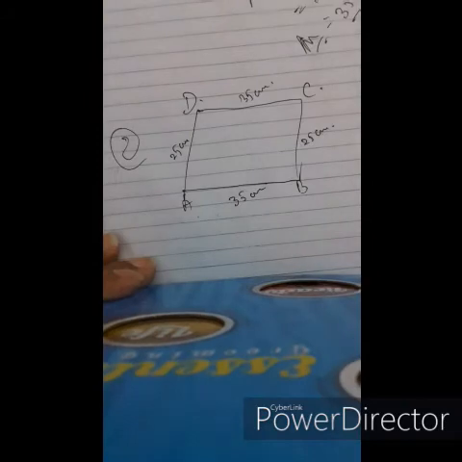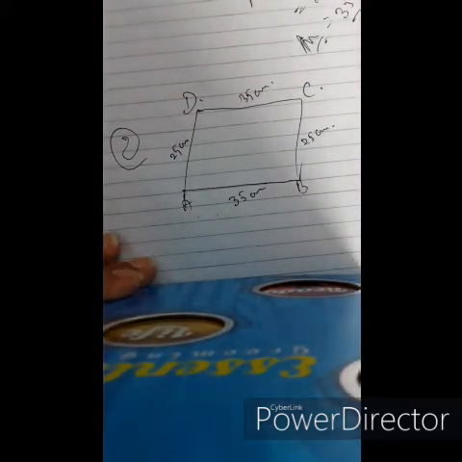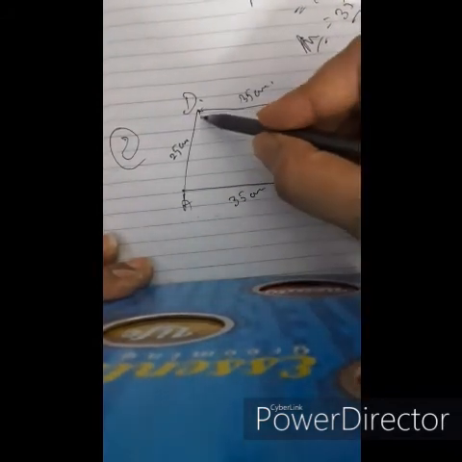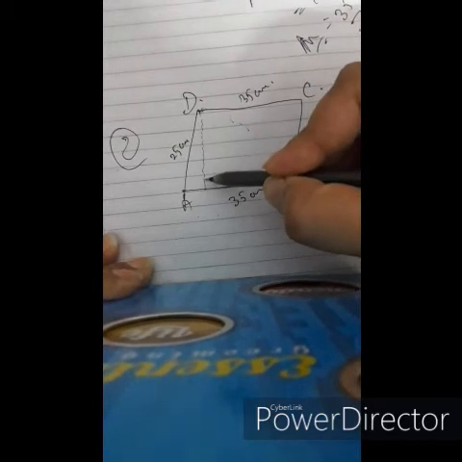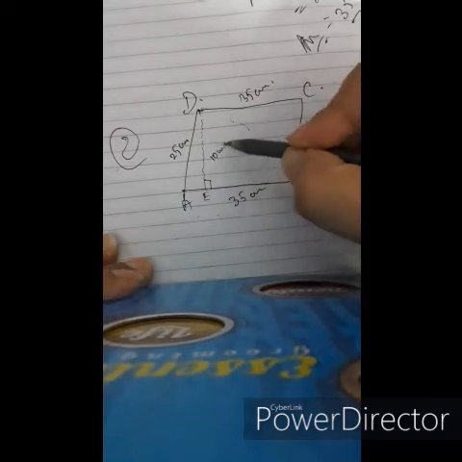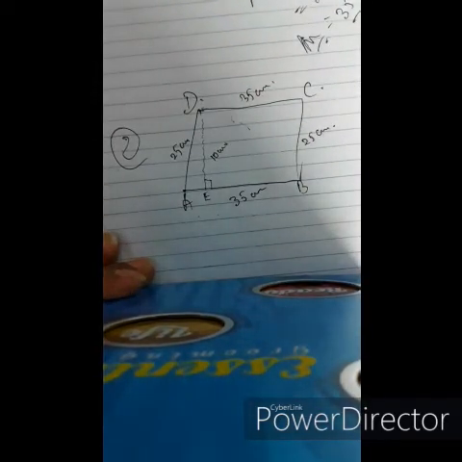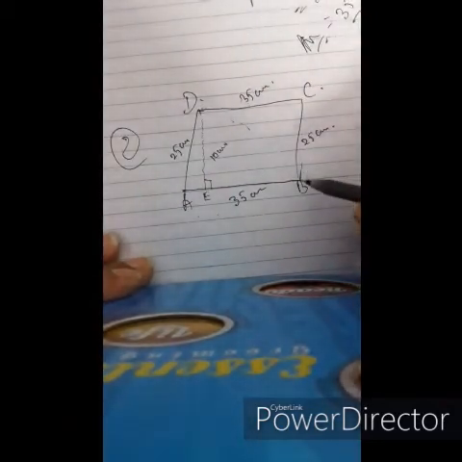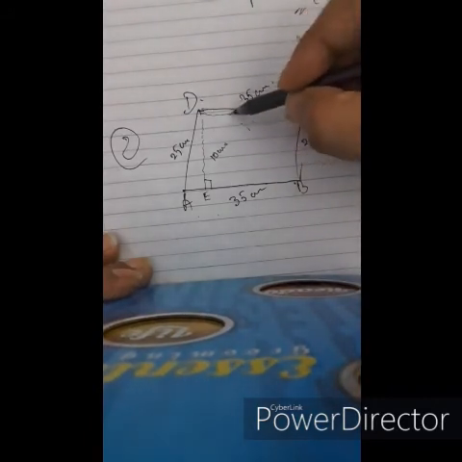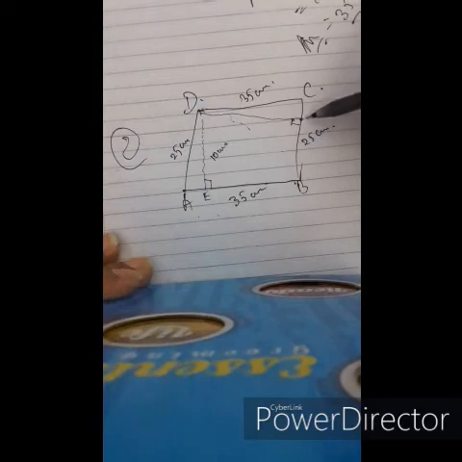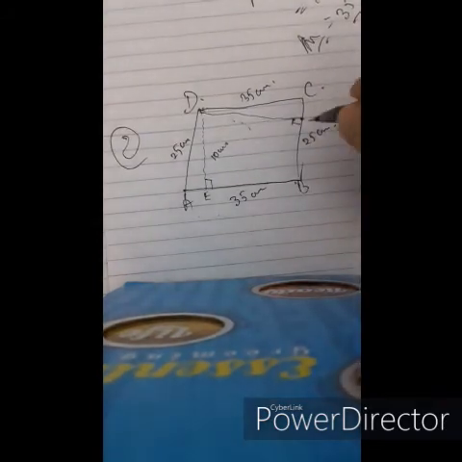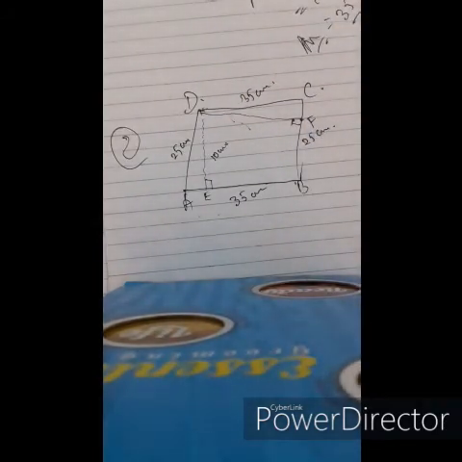If the distance between the longer sides is 10 centimeter, this distance between the longer sides, that is AB and CD, which both are 35 centimeter, the distance is given as 10 centimeters. Find the distance between the shorter sides. The distance between the shorter sides is the perpendicular which can be drawn. I'm sorry I drew it a bit slanting, but in reality it should be a straight line.